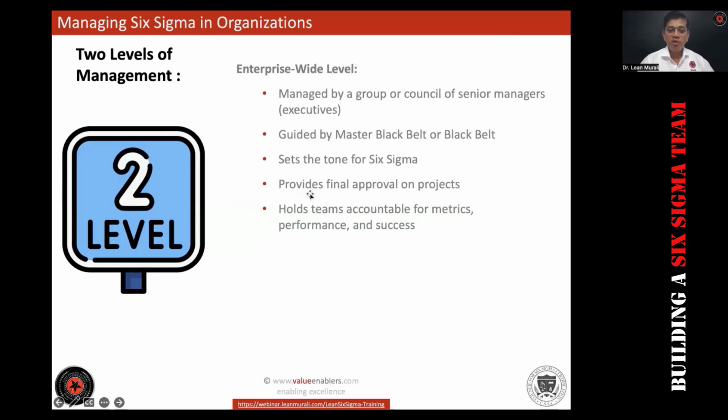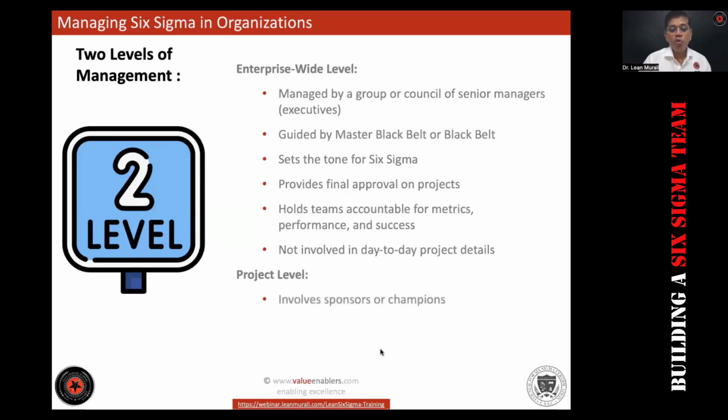So this is one way of managing the Lean Six Sigma project. And at this enterprise-wide level, they are not involved in day-to-day project details. Okay, that is enterprise-wide level. You might be in organizations where they have a corporate HO, right? Corporate head quality. How many of you have a corporate head office where you have multi-locational factories and stuff like that? Okay, Ravi Kiran. So for them, when they implement Six Sigma organization-wide, it is enterprise-wide level. Sometimes what happens, a particular plant, a particular factory or a particular location might go ahead,